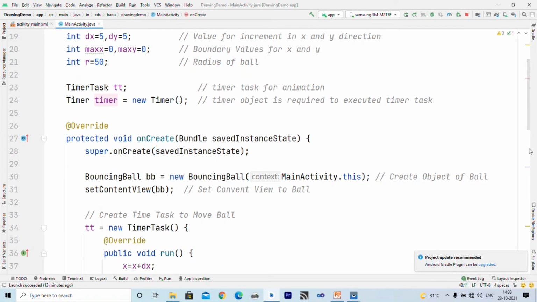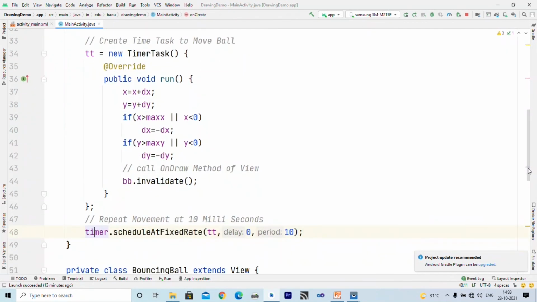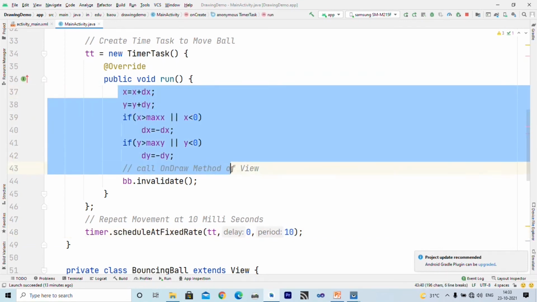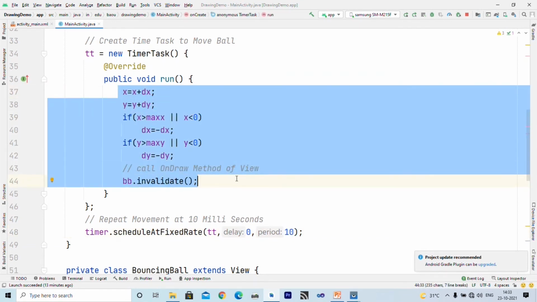Inside the timer I have written timer.scheduleAtFixedRate, and what we want to repeat is incrementing x and y or decrementing x and y, and the delay is 0, and we want to change this at an interval of 10 milliseconds. So the entire code written inside run is repeated at an interval of 10 milliseconds.